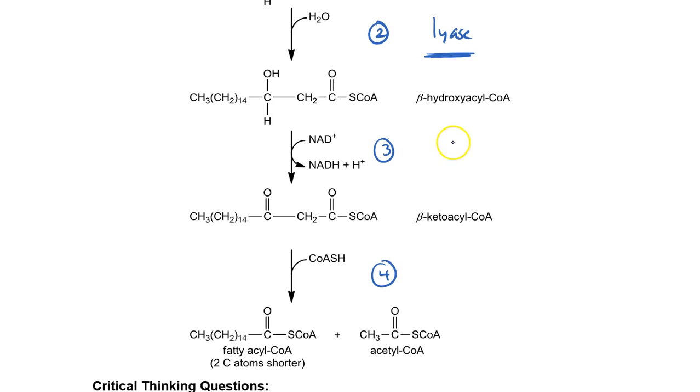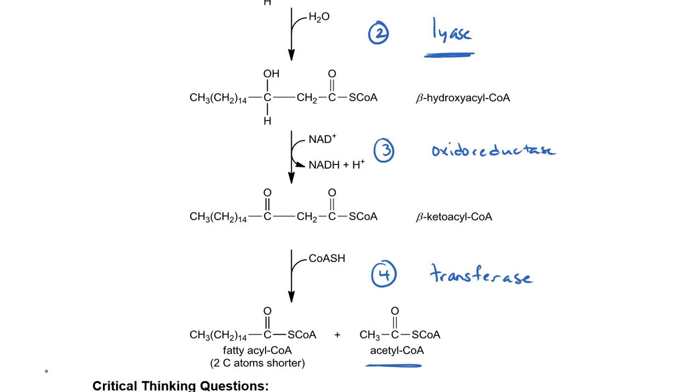All right, the type for step 3, pause and write your answer. Pause now. All right, you got this one. That's oxidoreductase again. And now number 4. This might be the most challenging one. See if we can give it a shot. What kind of enzyme for number 4? Pause now.